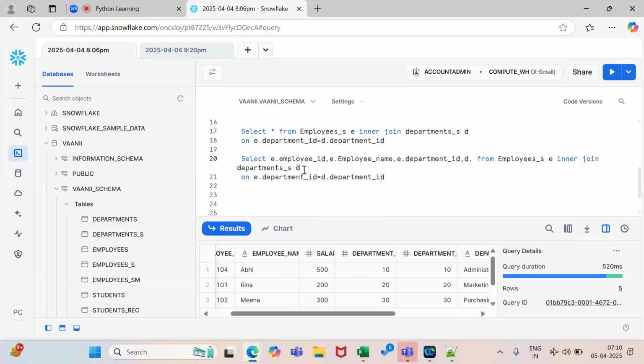If you do not keep an alias, every time you have to write the full table name. Since you have put an alias here, you can put d dot department name.